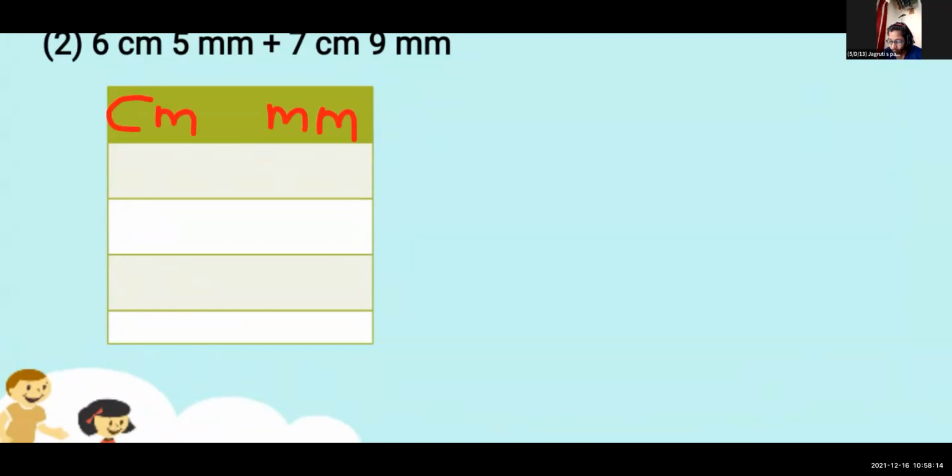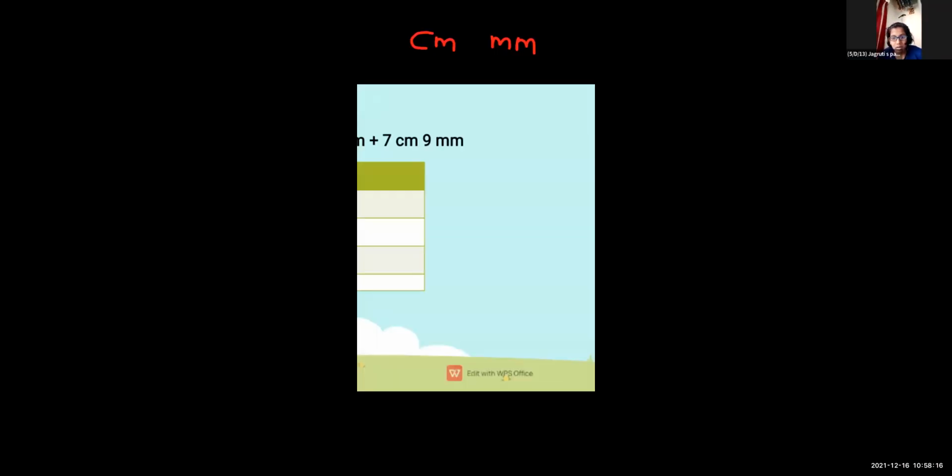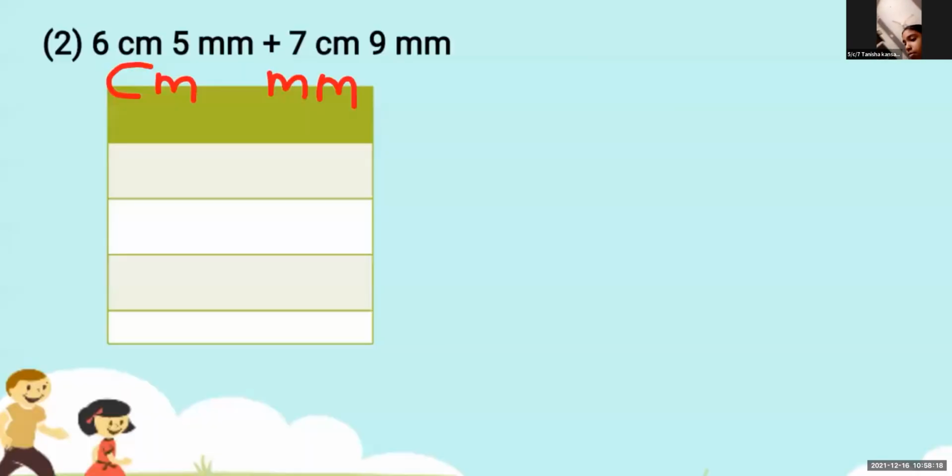I have unmuted you. The next step. What will I write in the next step? 6 centimeter in the centimeter column, 7 centimeter in the centimeter column.